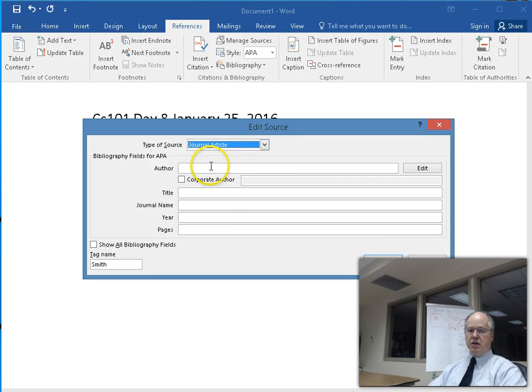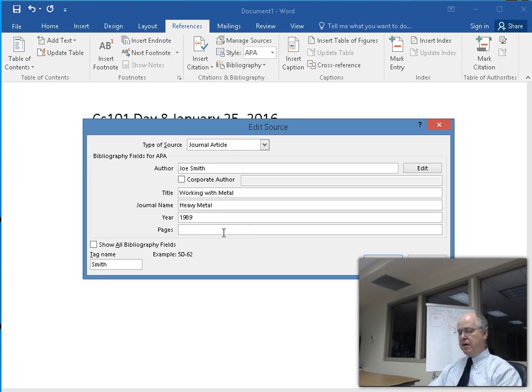Perhaps it were a journal article, and I could put the name of the author, Joe Smith, and the title was Working with Metal. And the journal name, Metals, how about this? Heavy Metals. And year 1989 when heavy metal was big time, and pages 50 to 90. Now I click OK,